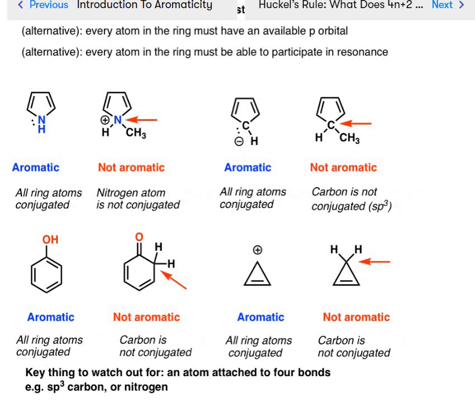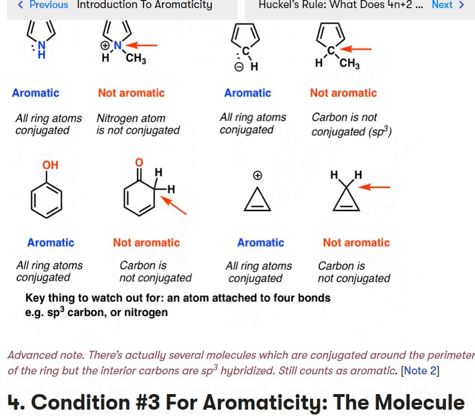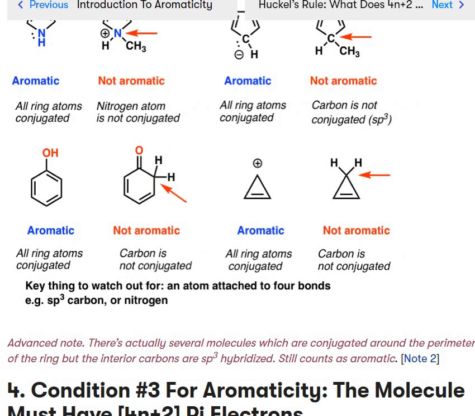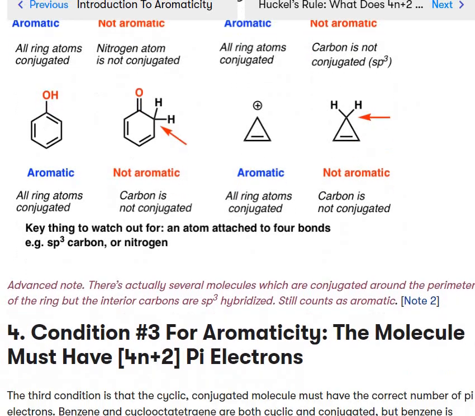Aromatic, all ring atoms conjugated. Carbon is not conjugated, sp3. Aromatic, all ring atoms conjugated. Not aromatic, carbon is not conjugated. Aromatic, all ring atoms conjugated. Carbon is not conjugated. So the key thing to watch out for is an atom attached to 4 bonds, an sp3 carbon or